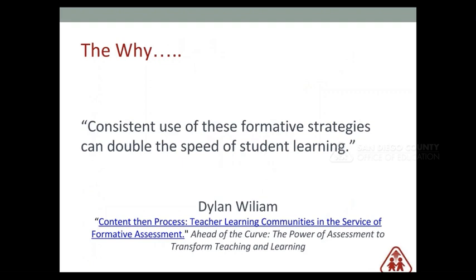And what we see in the research is that it has the most power on those students who are furthest behind. And the research supports formative assessment for special education students and for English learners because that self-assessment really helps them in those situations where they're more likely to need that extra assistance. So the why, I think, is pretty important.